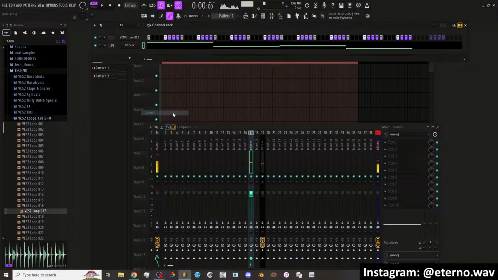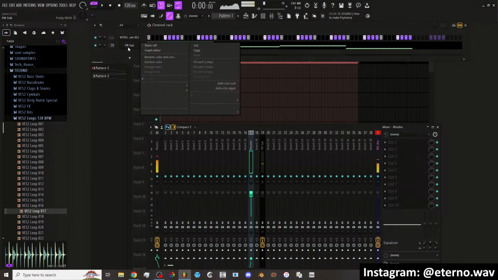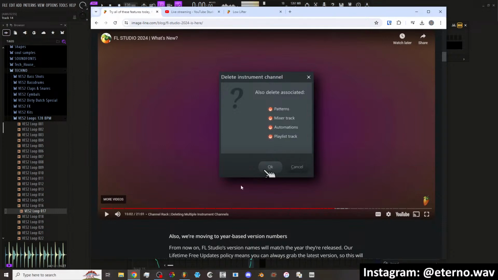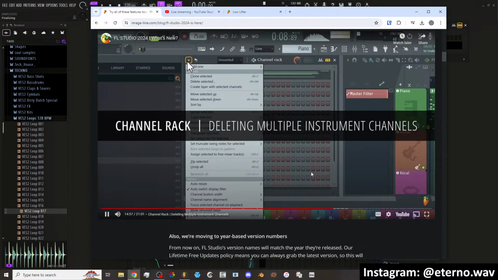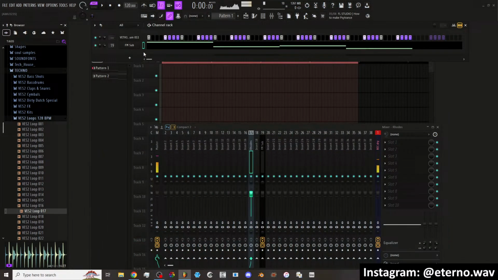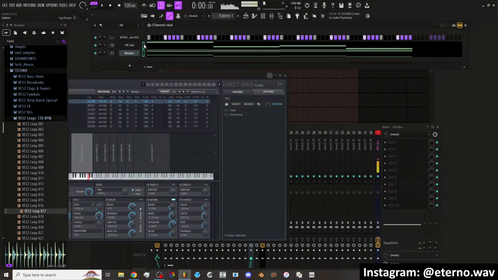Okay, so if I delete, yeah, it doesn't delete it here. So it needs to be an instrument track, but that was already there. Like that's been there. I don't know why they put that in the video that's an update. I think maybe what he means, let me see. Or instrument channels. Deleting multiple instrument channels. So I guess if you select multiple of them that are instrument tracks,